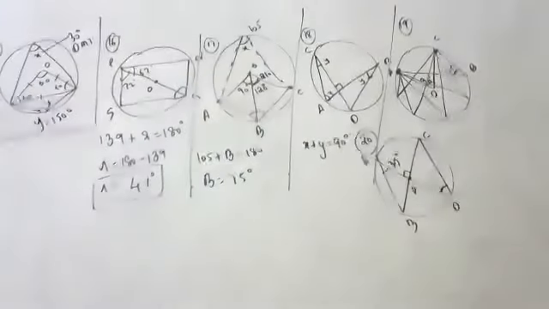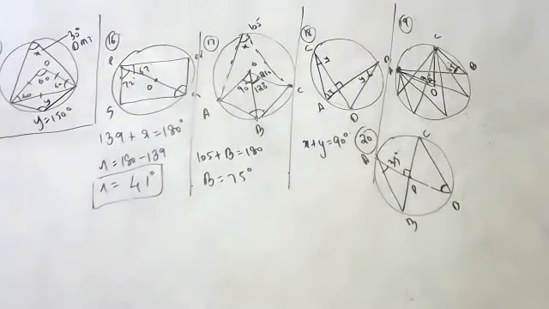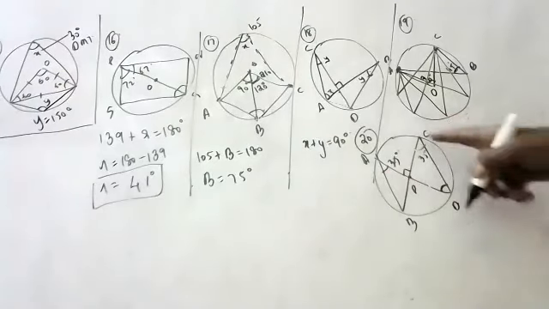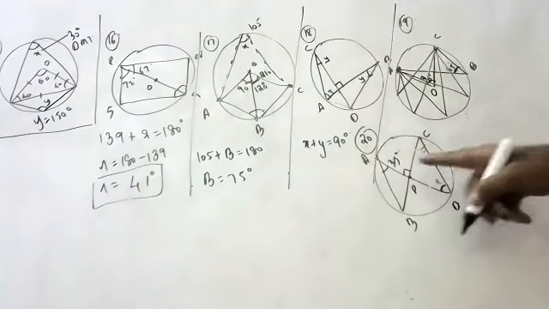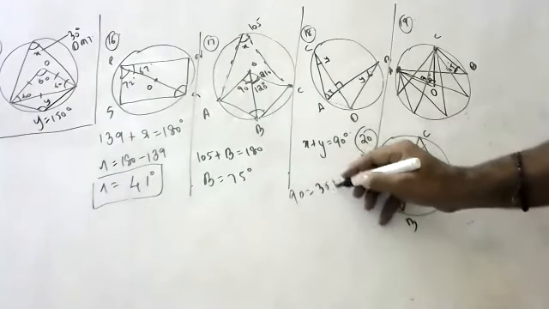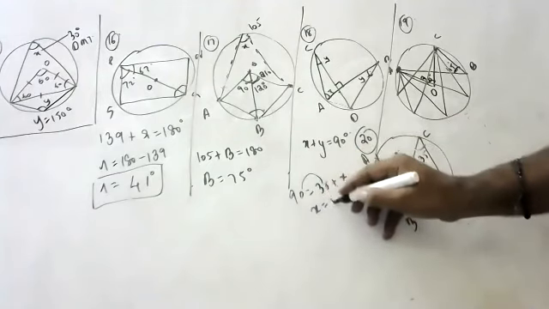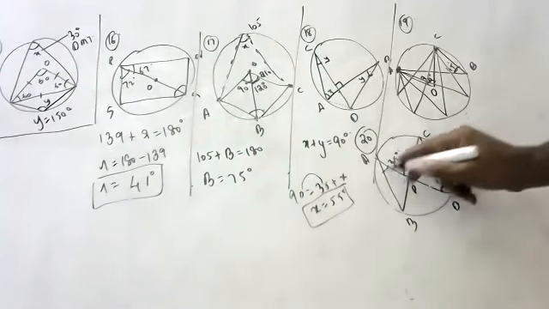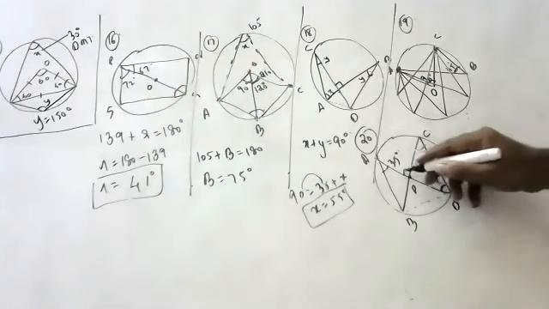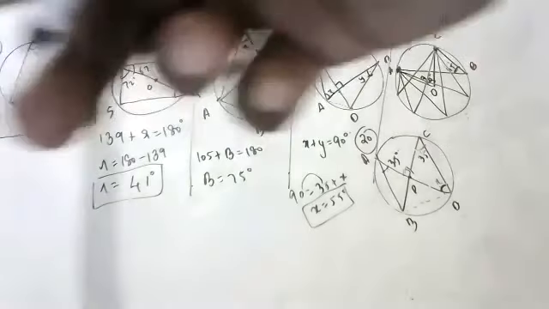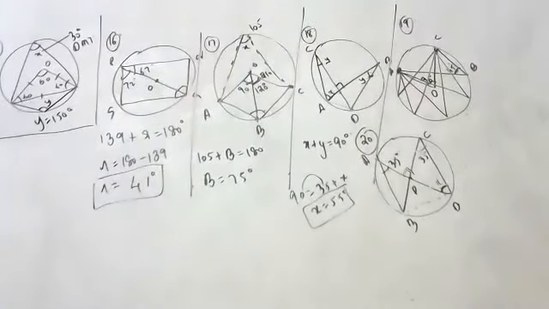Yeah, Vivek. Sir, angle C is 35 degrees. Okay, if this is 35, this is also 35, because angles in the same segment are equal. And exterior angle is equal to the sum of opposite interior angles, so 35 plus x is equal to 90 degrees. X is equal to 55 degrees. That's it, children. Very easy. You have to mention the reasons everywhere. Without mentioning the reasons, you should not write the answer.